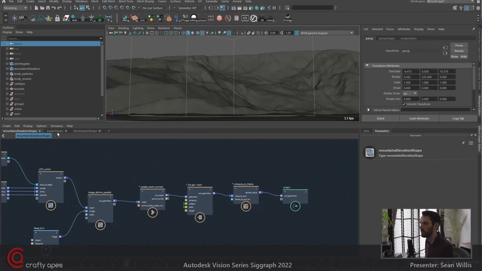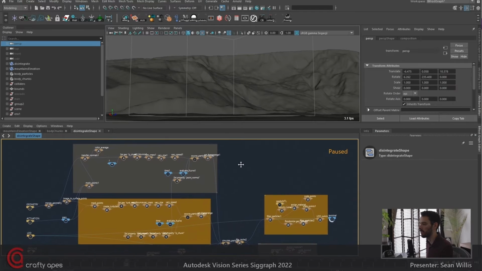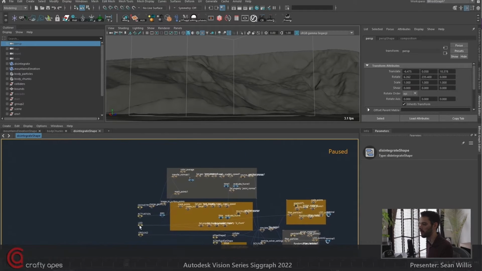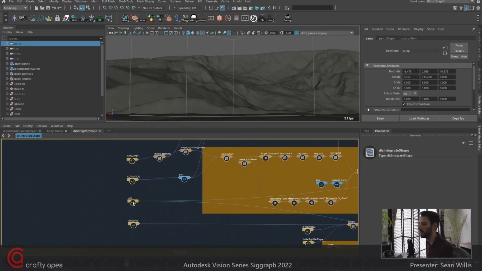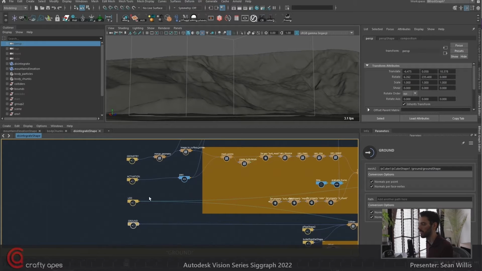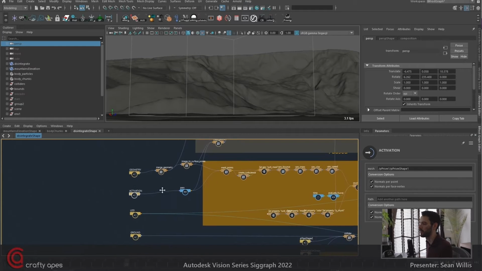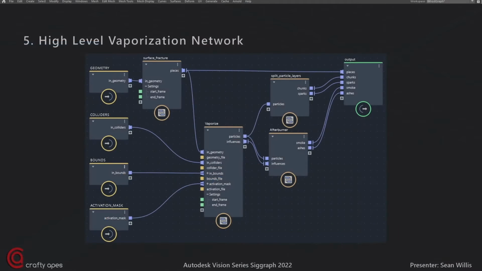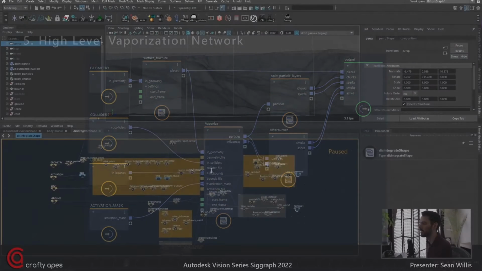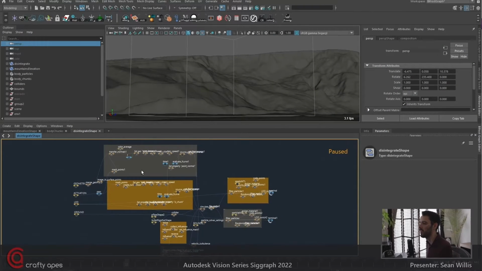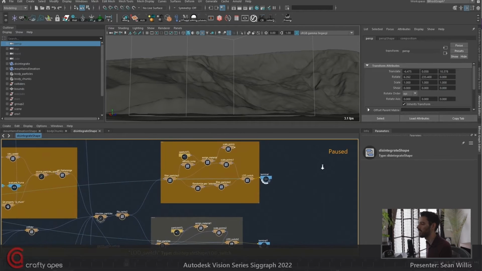And this next one, which is the disintegration. So this is the graph that creates disintegrations. We have 4 inputs here: the level of detail, the ground for the collisions, activation, and the geometry. So the activation is an optional thing that basically you can mask out certain areas that you want particles and ones that you don't. So it's entirely optional. It's completely up to you. And we have some colliders in there, so something to throw it at. And you can group all of this into a single one. I'm just showing you what the graph insides look like.